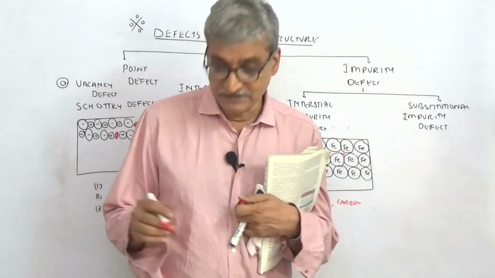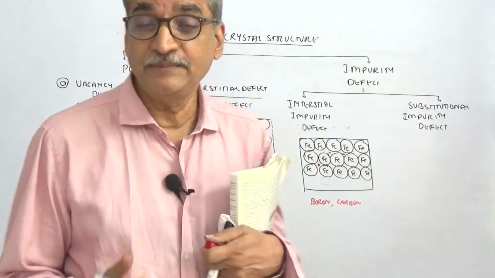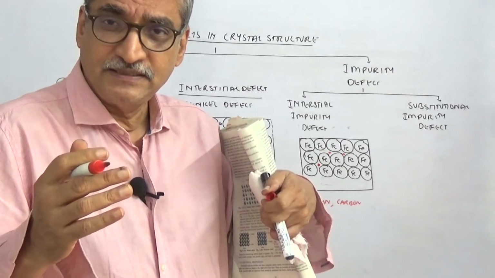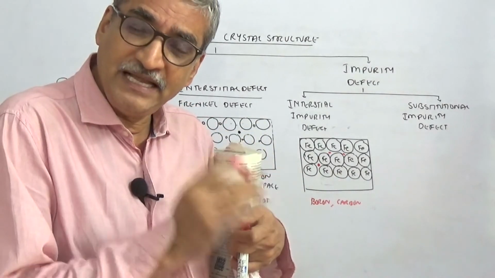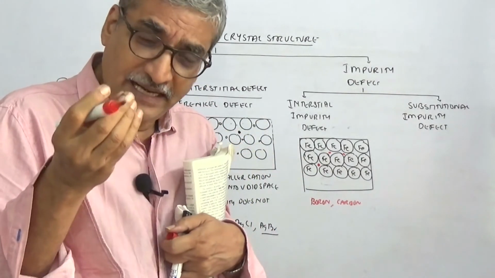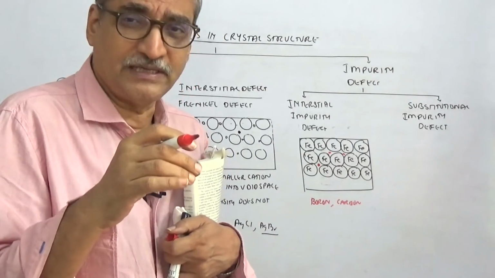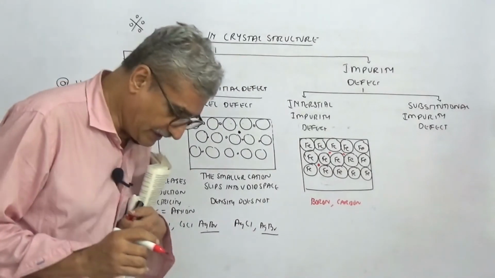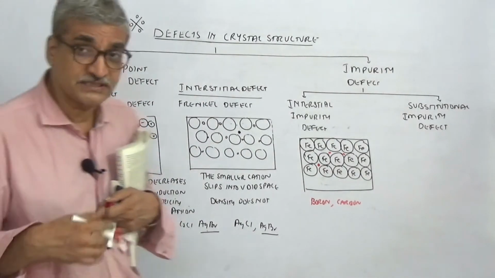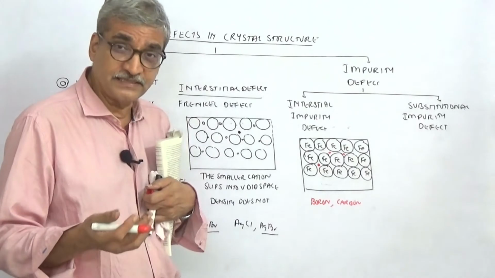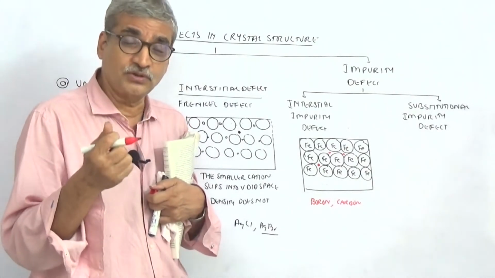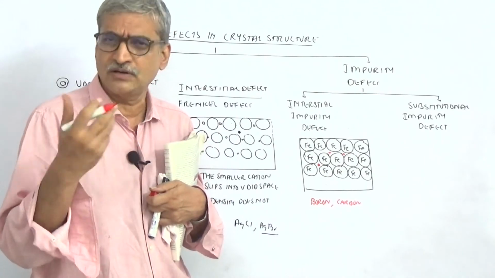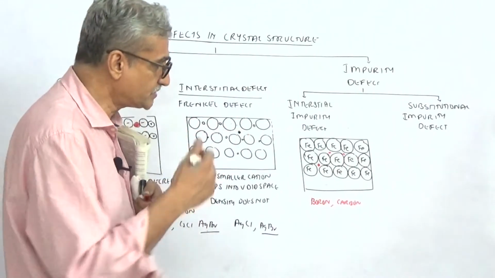So obviously what happens? The packing increases, right? So the malleability and ductility will increase. See, more the void space, the metal will be less malleable and ductile. But as these spaces go on filling up, what happens? There's going to be a change in property. It will become more malleable and ductile. This is clear. That's why boron steel, carbon steel, the carbon steel is so tough that we use it for making hammer or wrench and all that.